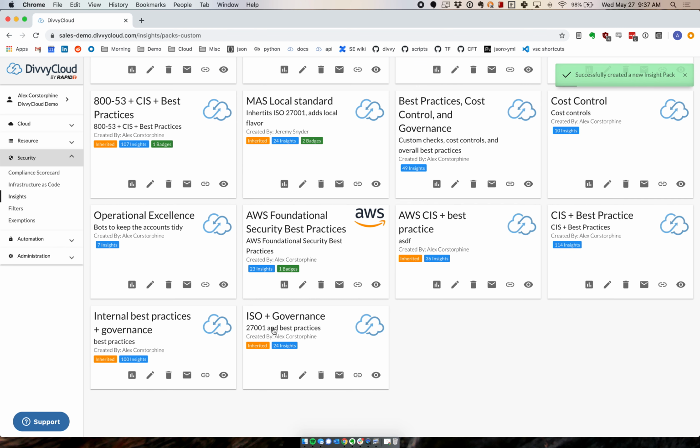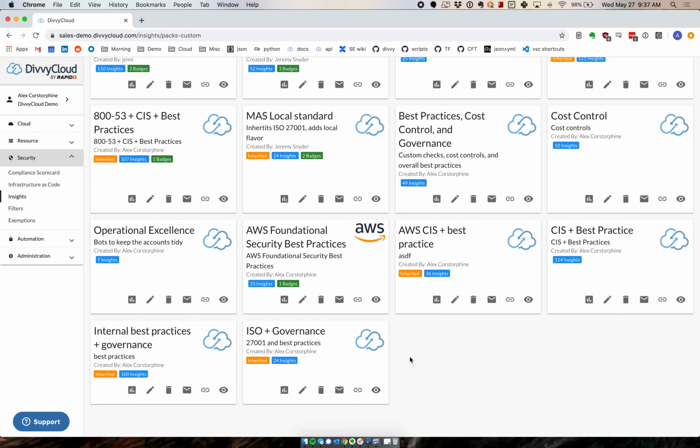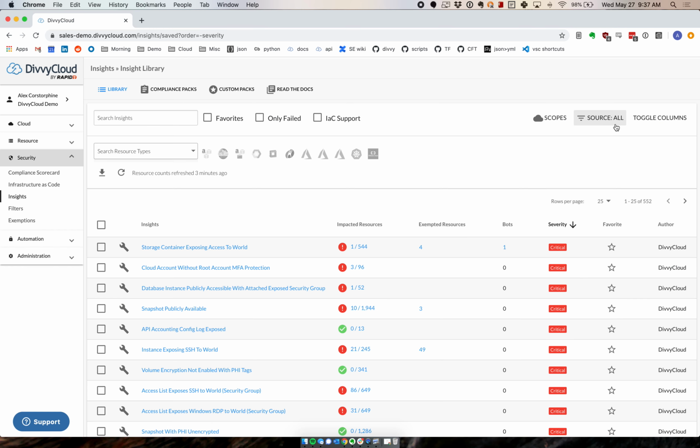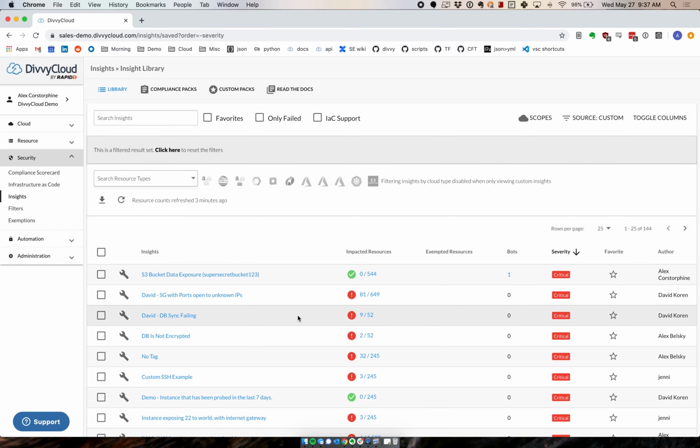And here I have my new pack. Now, right now, this is just a copy of that ISO pack. And so that's step one, but we need that last piece, which is how do we make it my own? And so to do that, come back over to the library. And I can select any of these checks here. I'm going to go and I'll look for